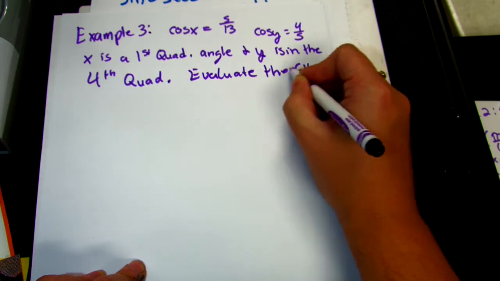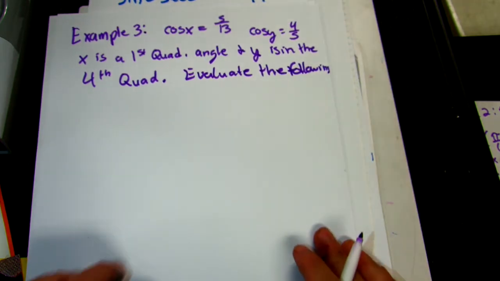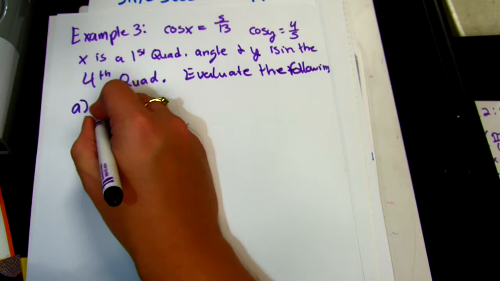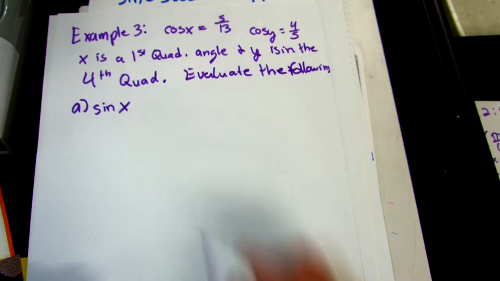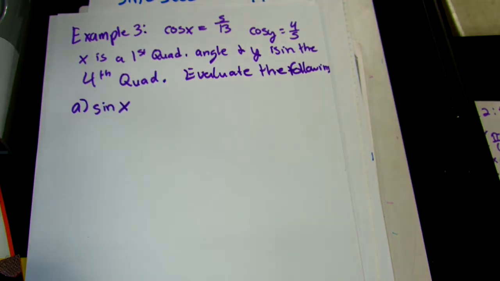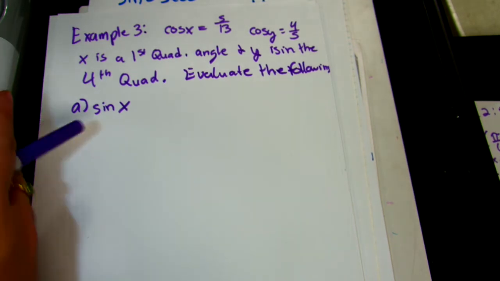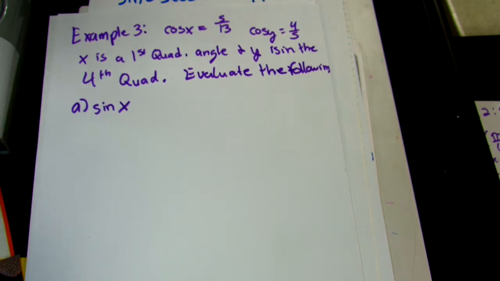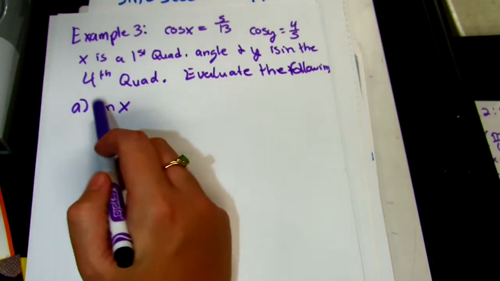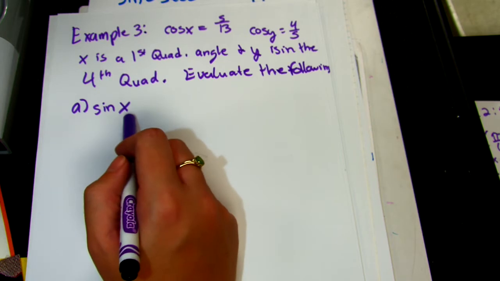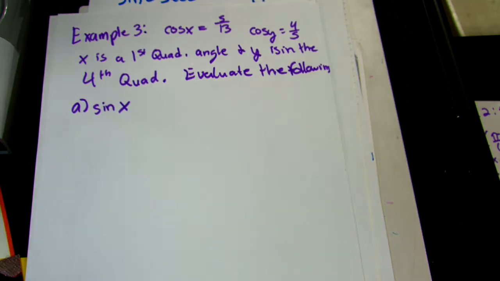Okay, so first, it wants us to look at sine of x. So you're like, well, how do we do that? Okay, well, sine of x, you know that sine is positive in quadrant 1 because x is in the first quadrant. So we're going to look at